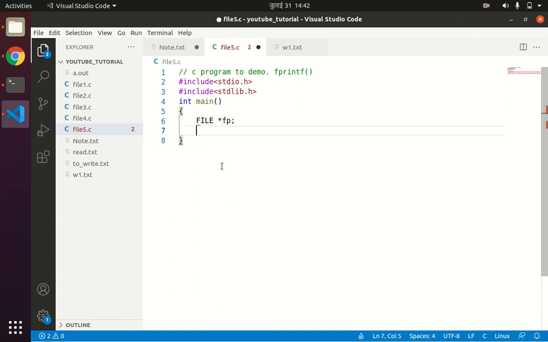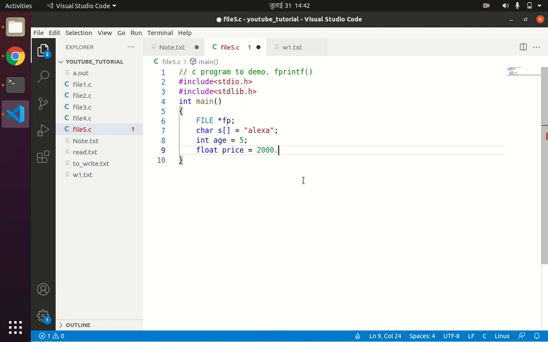Let us say I have a string, char s is equal to "Alexa", int age is equal to 5, float price is equal to 2000.45 or something like that.